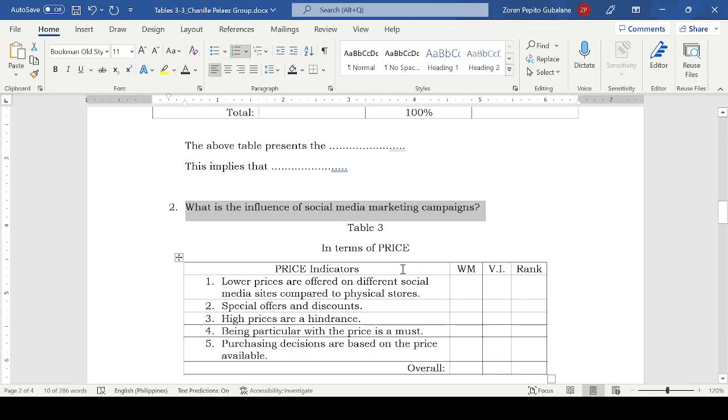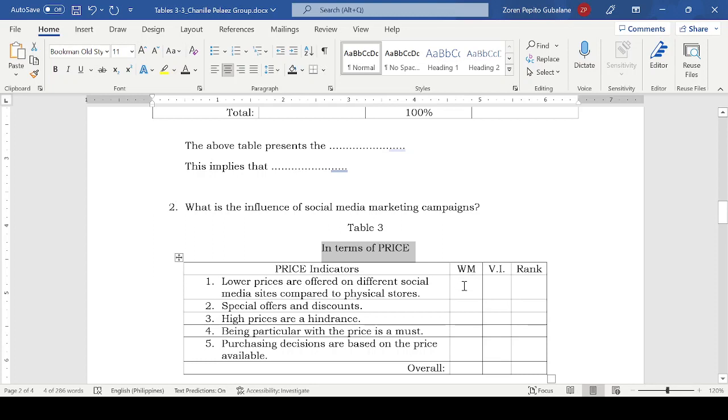So, in terms of what? So, in terms of price. So itong mga variable na ito, in terms of price, and so on, ito yung mga nakikita din natin doon sa questionnaire mismo. Sa questionnaire, what you will do is indicate all the indicators also presented in the questionnaire. So just copy and paste the indicators, and then the next column is about your WM, or